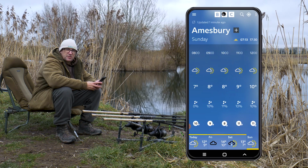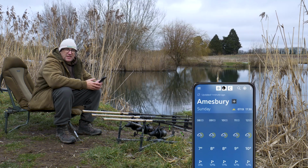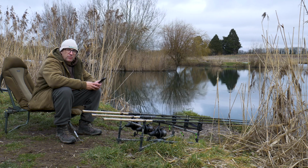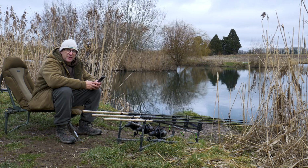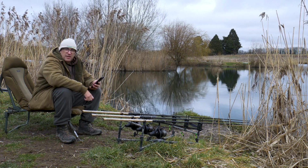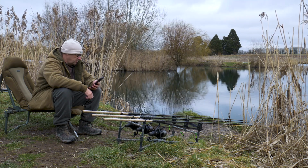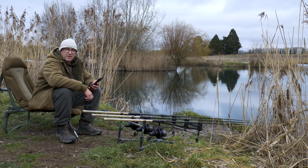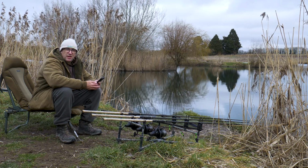Obviously, it doesn't always ring true. It does change now and again. But based on this, it looks like it's going to be quite a comfortable and quite a carpy weekend. So these sort of conditions this time of year, we couldn't ask for much more. But we'll see if the carp think so too, and hopefully we'll get one of these bobbins dancing at some point over the weekend. But till then, I'm going to sit in the bivvy, have a relax,